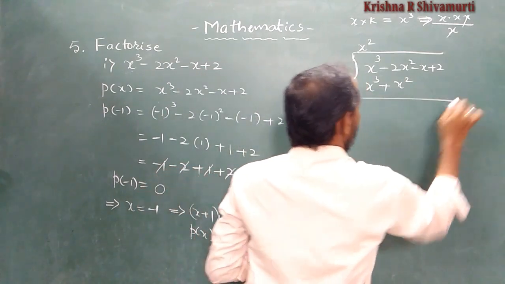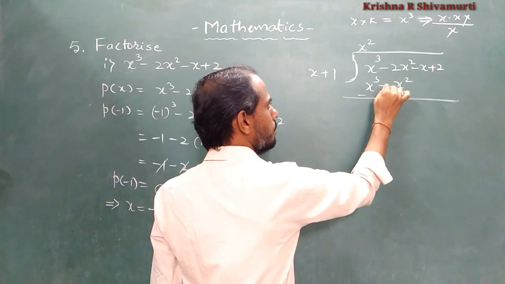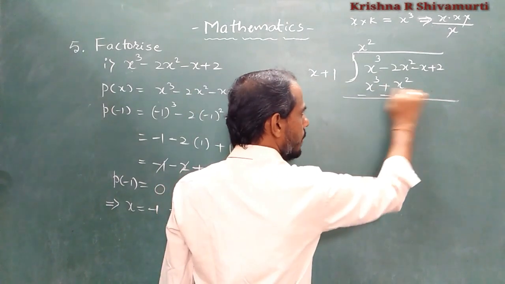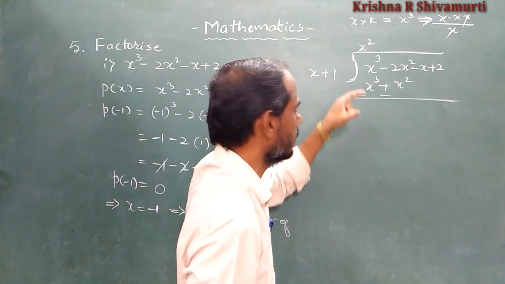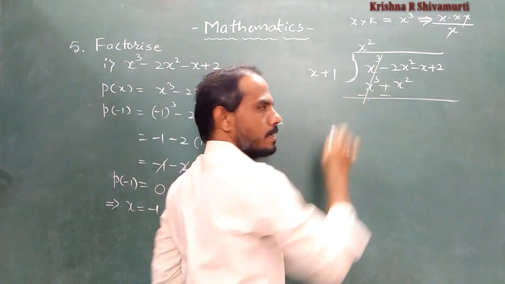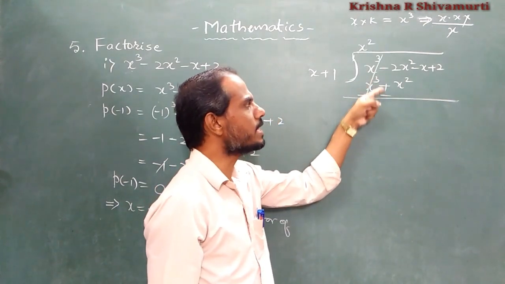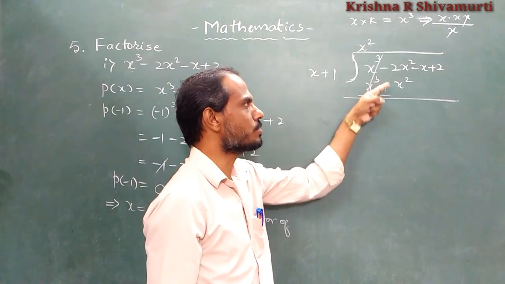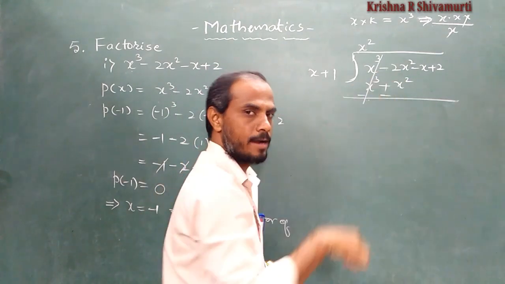Okay. Now the next step, what is the sign change? Plus becomes minus, plus becomes minus. What is the below term there? No, that term's sign, opposite you should take. Now plus x cube minus x cube get cancelled. Now both have the same signs here. Minus 2x square minus 1x square. Both are the same integer sign, add.